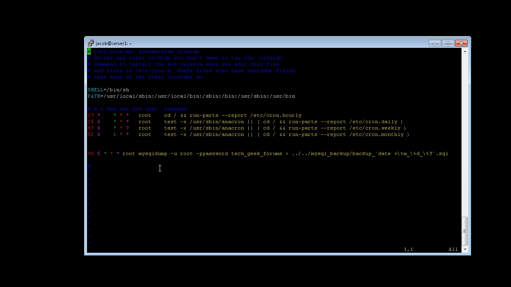That is just an example of how you can back up your MySQL database. And like I said, guys, you can use cron for anything. Let's go ahead and make a quick little Crontab command here, just to show you guys how simple it is. If I said 0, this means it's going to do it at 6 a.m. every day. If I go star, you do have to put a space between them, guys,